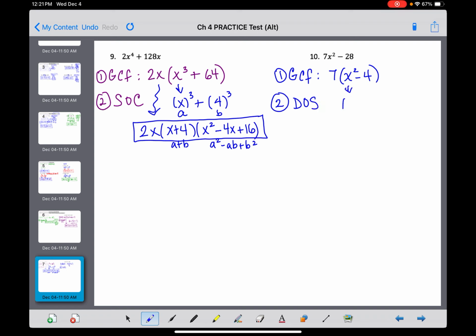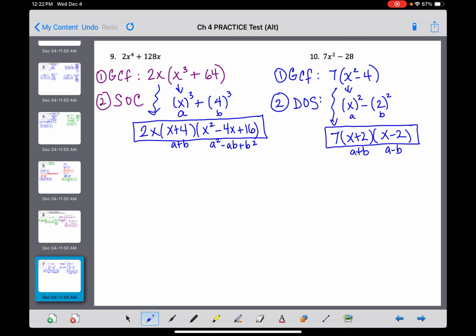Okay, what is being squared to make x squared? That's an x. What is being squared to make 4? That's a 2. So I know my A and I know my B. So now I just have to do A plus B, A minus B, right? That's the factoring pattern for a difference of squares. So this is going to be x plus 2, x minus 2, and then don't forget the GCF of 7 goes in the front of your answer. And that's it,